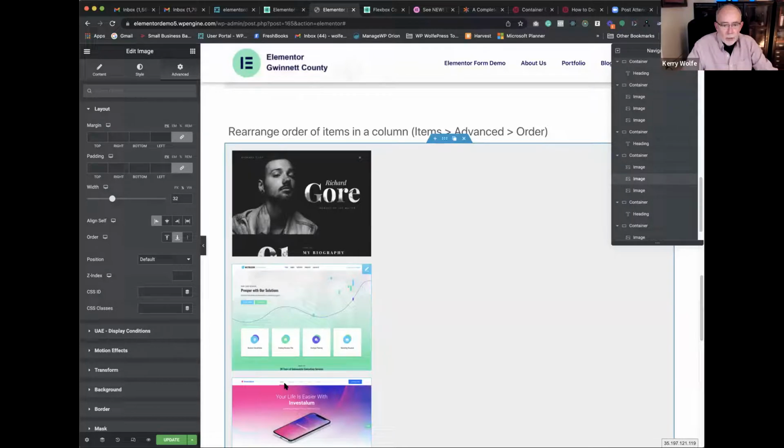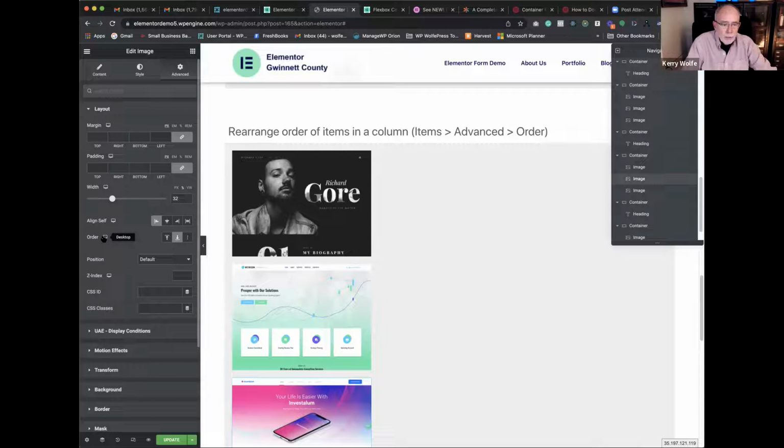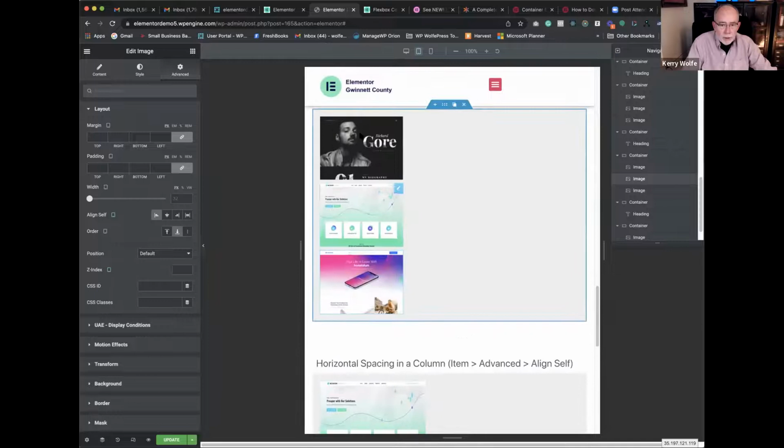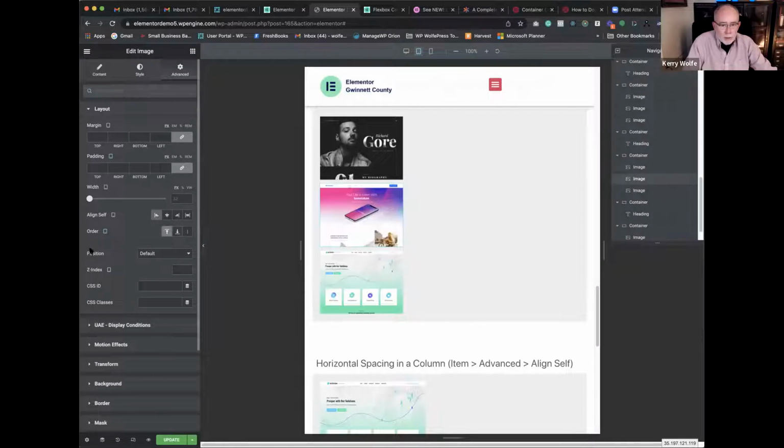You can rearrange order, and this may seem like, well, what's the big deal? Well, this is more than you could do before. You can change it when you get to, for whatever reason you wanted to, you can change it between. So let's see, it's got that positioning on a tablet, but if we go to